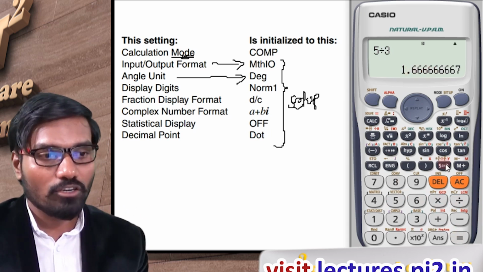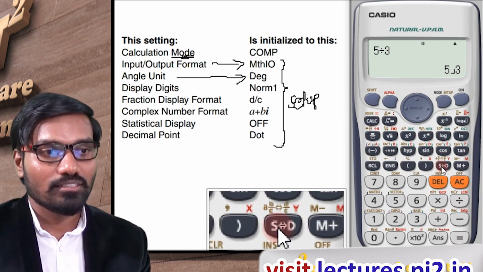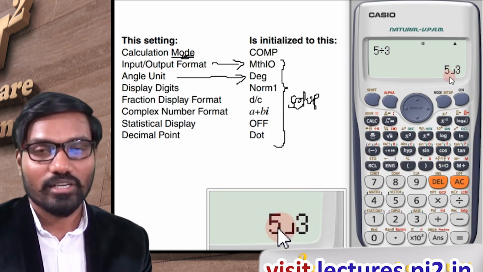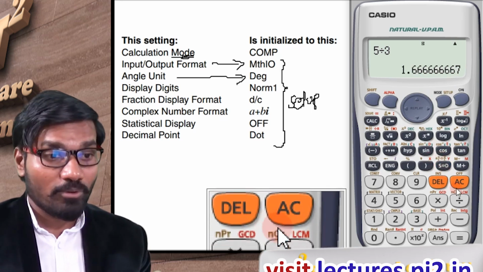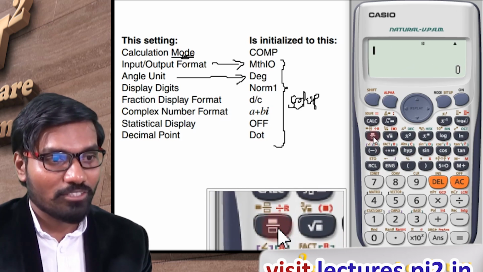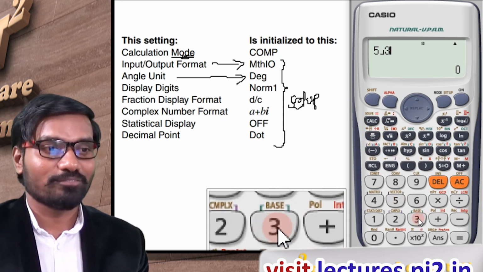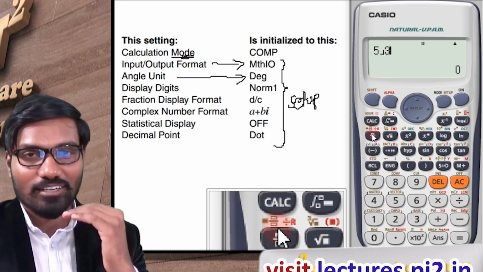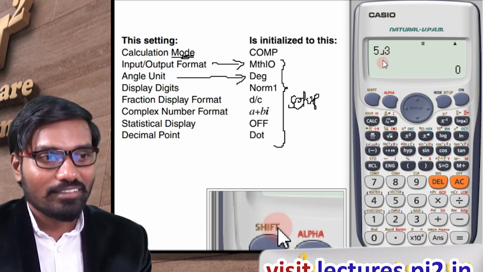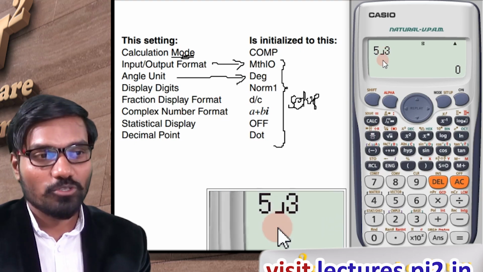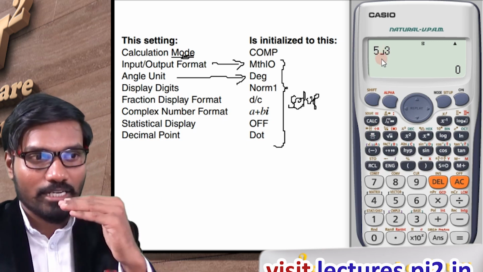If you want to change it, after all, you can hit this always. Okay, you hit this, you got 5 by 3, in fraction. And now you may ask, let's use this function now, 5 by 3. Previously we got division, proper division form, but now we have this symbol. So you should be careful because it's in line mode. When you got this symbol, it means you are in a line mode.